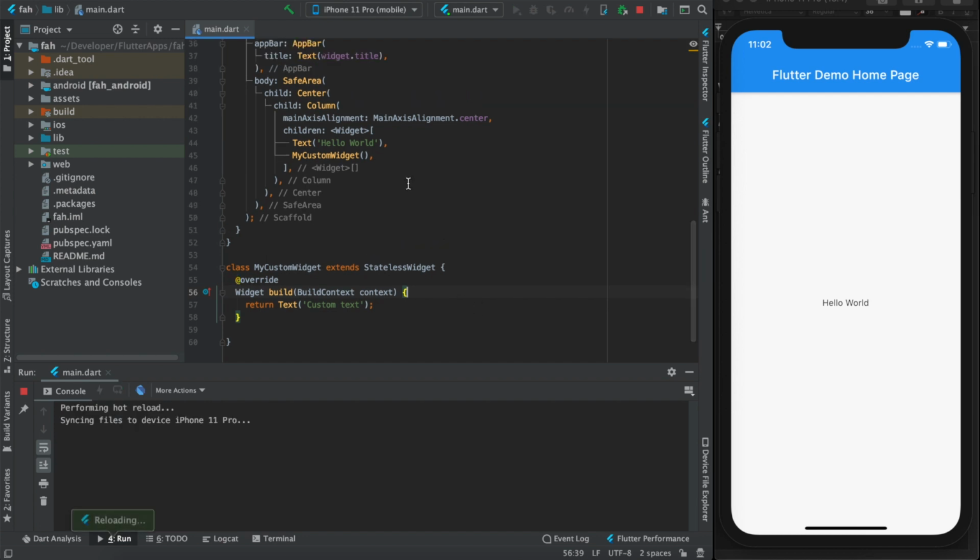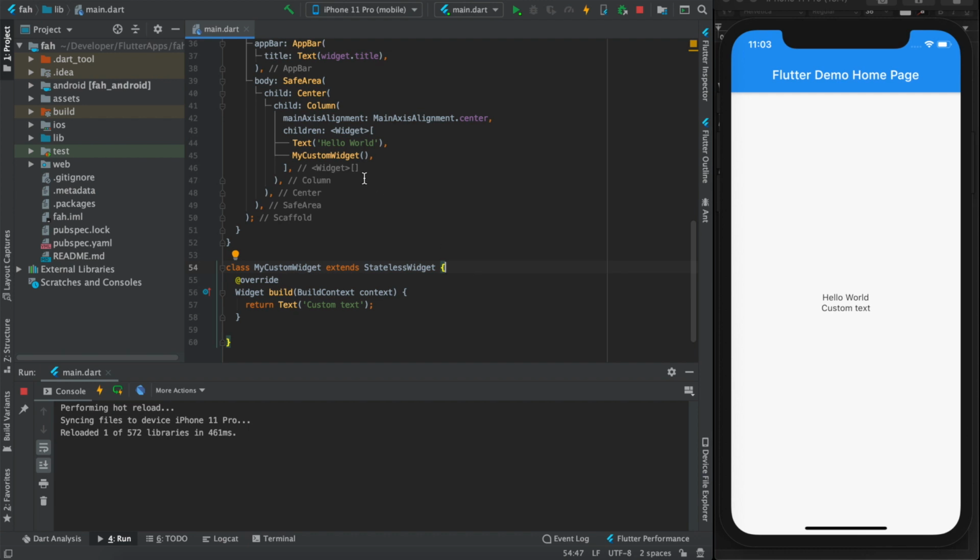So let's save it. And we see we have our custom widget, which is a stateless widget of its own. It can be a stateful widget as well, as per your requirements.